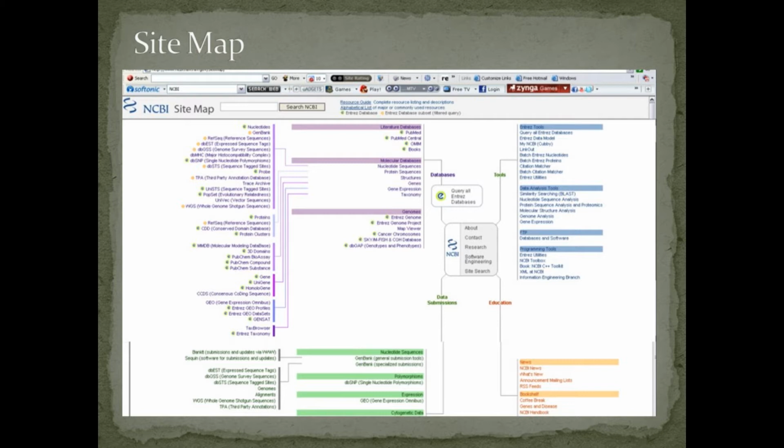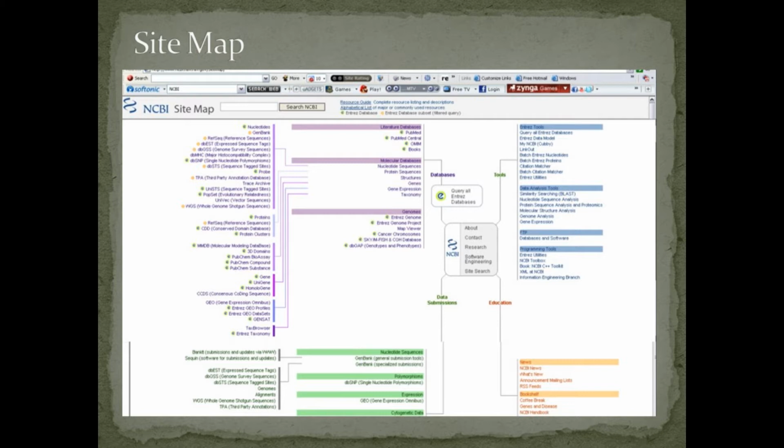Then again, there are some other features included in the sitemap, such as tools and education. Tools are related to different kinds of analysis or sequence retrieval tools present in NCBI. When we come to the education side, in this panel you can see a news section and the bookshelf section.